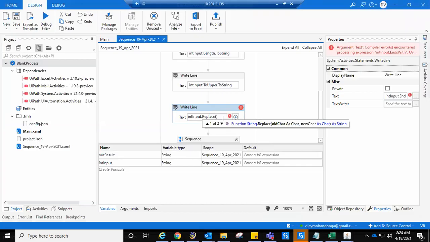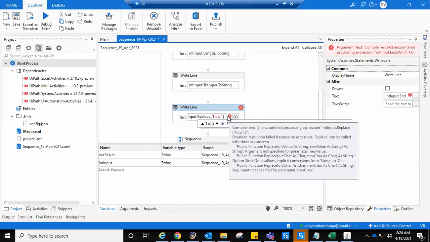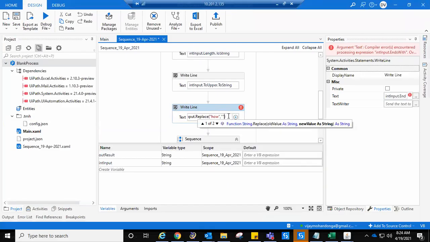In between double quotes, give the word HOW, which you defined in the initial one. You have given that in small case, so you have to do it the same way. H is in capital. After the double quotes, give a comma. In between double quotes, what was the value to